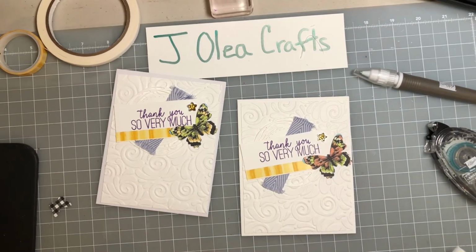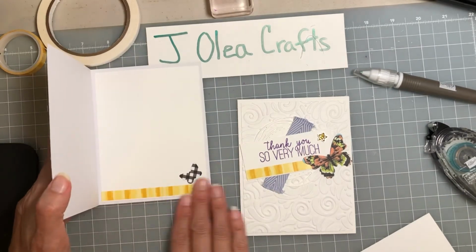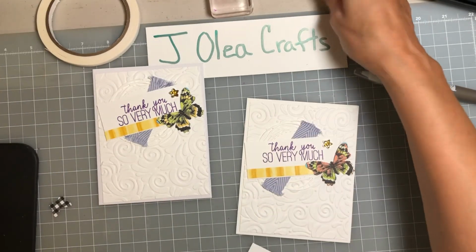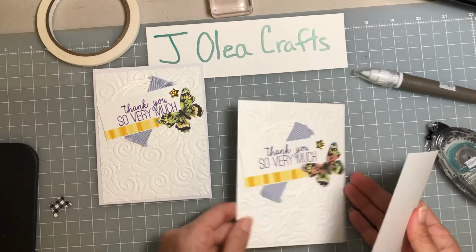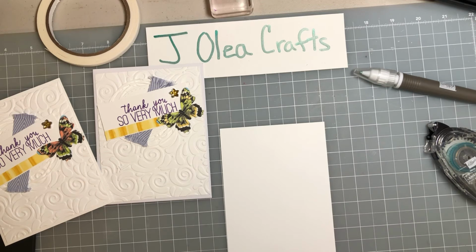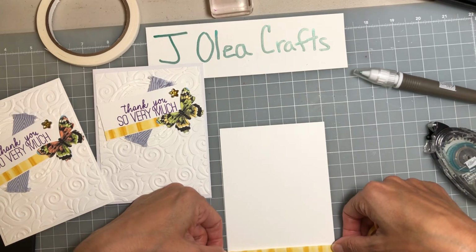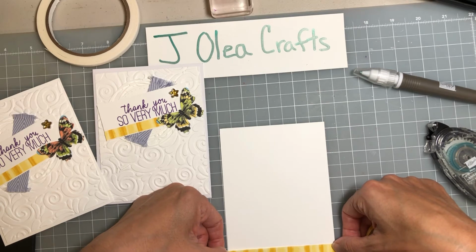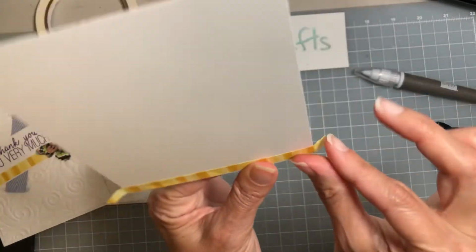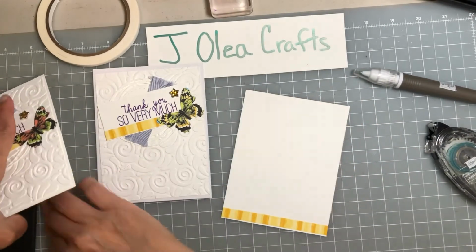and then we're going to do the inside of the card, which I just left blank, but I used more of the washi tape. So I'm going to take the inside of my card, and I'm going to take the washi tape and just put it on the bottom like so, and wrap it around the back just like I did the greeting part. You guys see that? And then I'm going to add the butterfly,